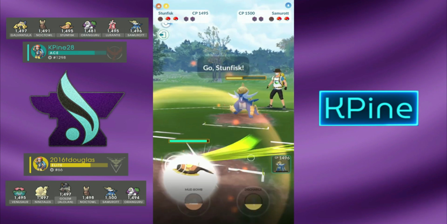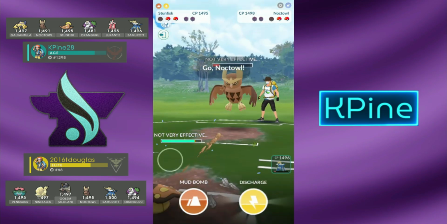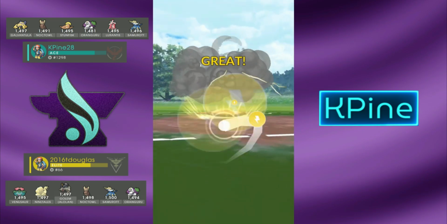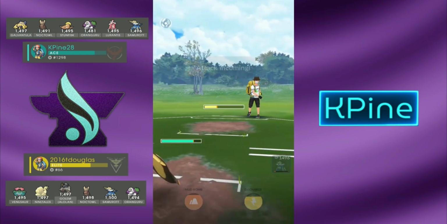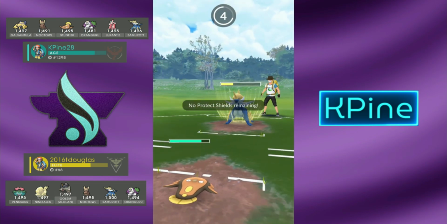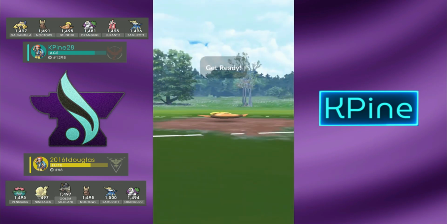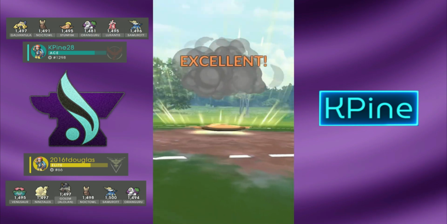I know that I can survive a Hydro Cannon, so as long as I reach a Discharge, which I will be able to, I could take it out. But I get very fortunate right there, because I throw the Discharge as soon as I get it, and they execute a Sack Swap perfectly onto their Noctowl. But I do get the refund, so I'll be able to load up on more energy, finally throw the Discharge to take it out. Samurott comes back in, Stunfisk tanks the Hydro Cannon, and I will reach the Discharge in